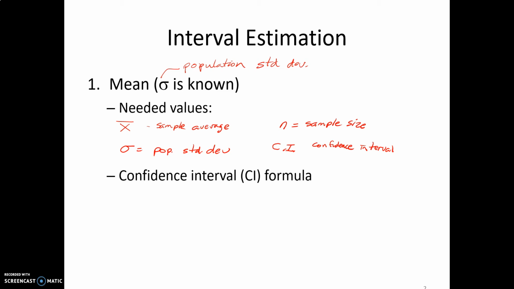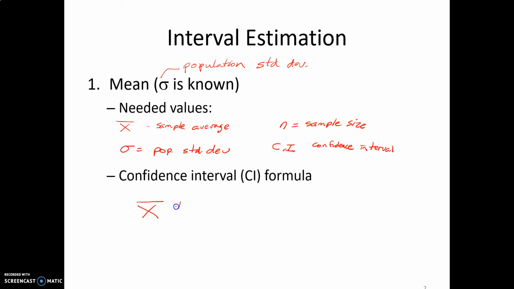If we are assigned to do a survey for an organization or a group, they're going to say to develop an interval estimation, an educated guess, based on a certain level of confidence. So when we put in those four values, we're going to develop our very first confidence interval formula, which is